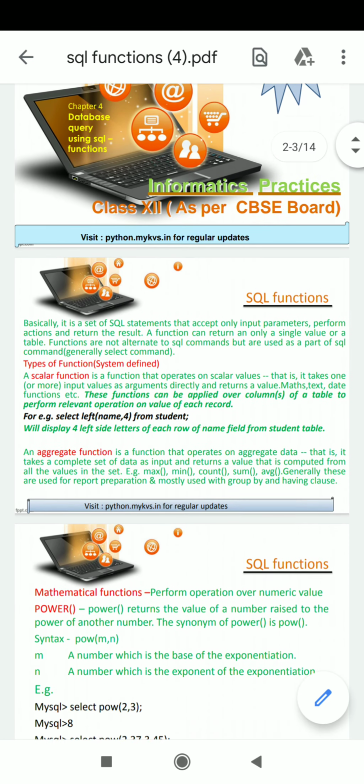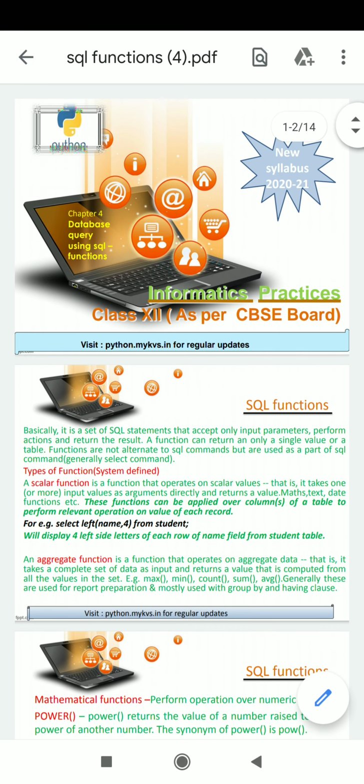Now first of all we must be familiar with functions. What is a function? Functions are actually a programming block which may accept some arguments and may return some value.